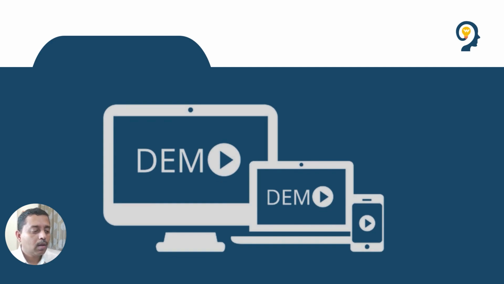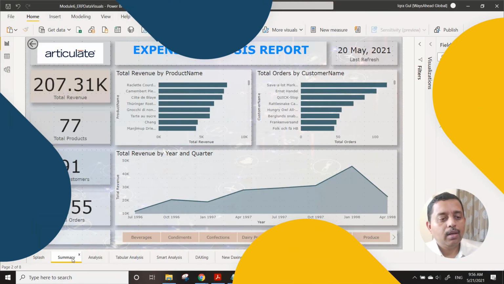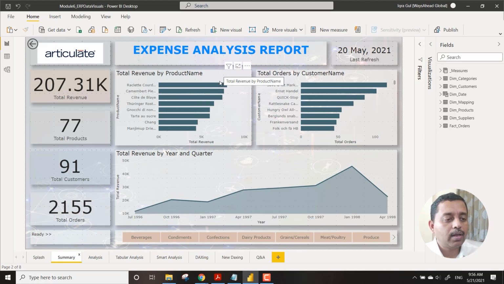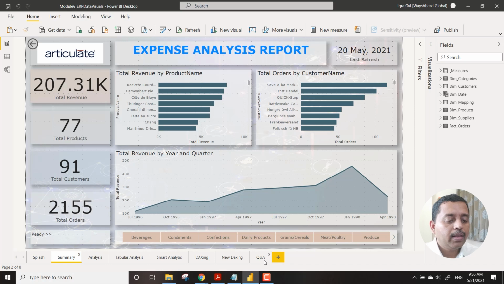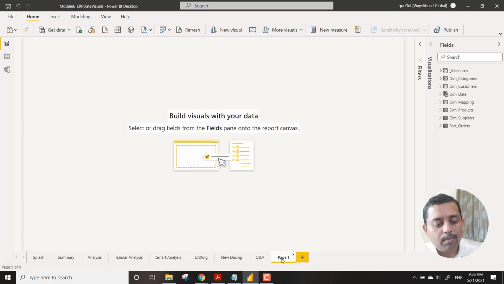So when you look into a summary, when you click on this, or let's say just take your cursor, you will see that it automatically shows you some data. So it says total revenue and this kind of things. However, there is an option to actually bring in a page which might be called a tooltip, let's say.